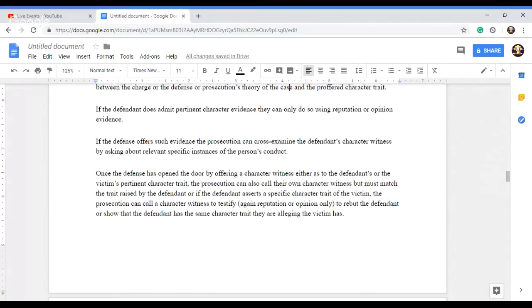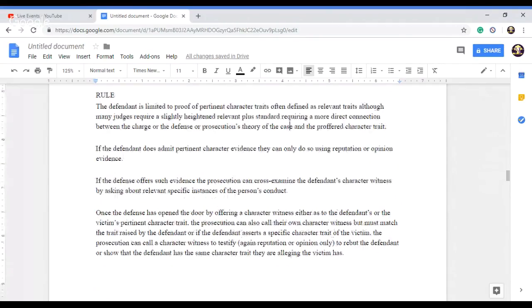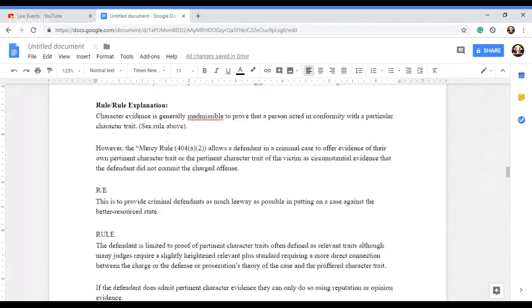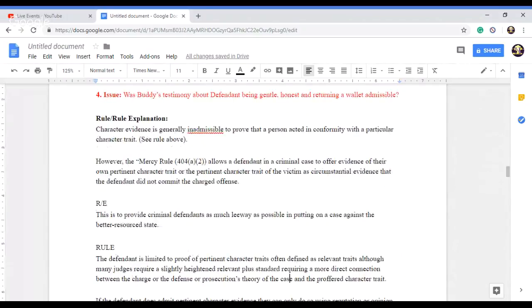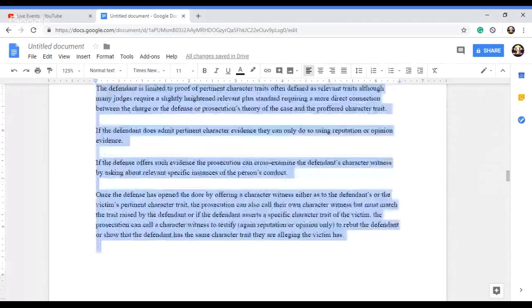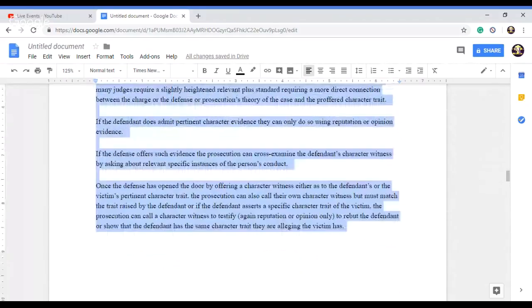But these are methods of proving character. If the defendant's going to put character evidence on, it's got to be about reputation and opinion. On cross-examination, you can ask about specific instances, but remember, you're stuck with the answer, and so forth and so forth. So this is showing you how the mercy rule works, but again, this is showing you the full rule. So this is a lot. But again, these are the things that we need to understand, what the professor's looking for,